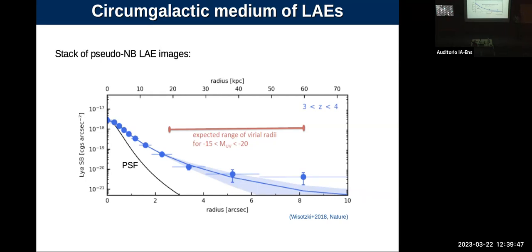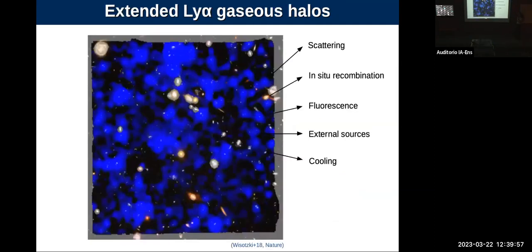Now, you do not only see these Lyman-alpha halos around Lyman-alpha emitters. Actually, when you point MUSE at any region of the sky, for example, I show you here the Hubble Ultra Deep Field, you see that most of the sky is covered with Lyman-alpha emission. So not only Lyman-alpha emitters have these extended Lyman-alpha halos around, but most of the sky is covered in Lyman-alpha. And this is something my supervisor found some years ago.